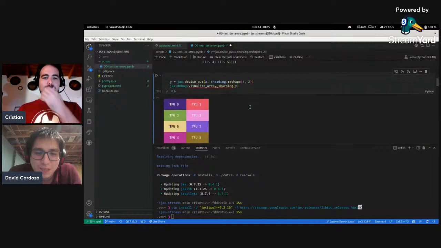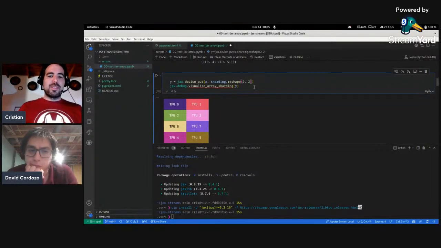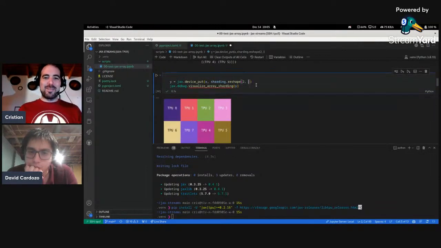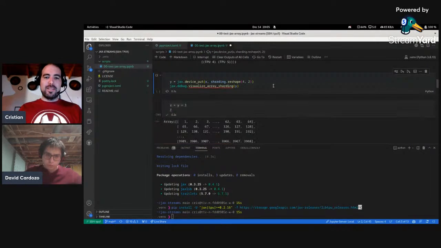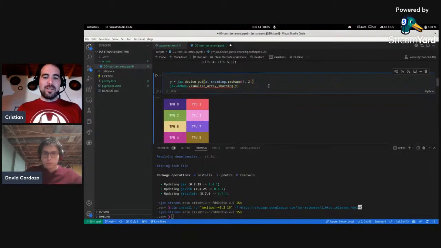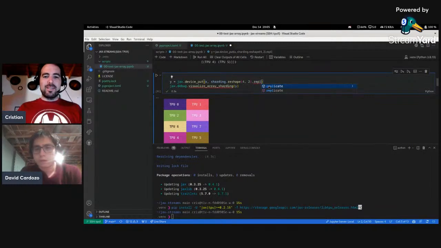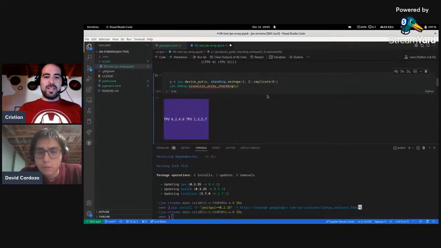So in this one we can also do the same trick. We can transpose it like this. So this is the same we had there. The trick we're going to see later. Let's say we have this one. We can also replicate over an axis. So if we replicate over the axis 0, we're going to get